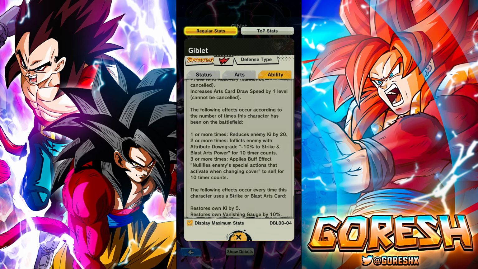Okay, so he wants to start on the battlefield is what you're telling me. Reduce enemy key by 20. 2 or more times inflicts enemy with attribute downgrade. Minus 10% of the strike and blast its power for 10 counts. And then 3 or more times he gets cover null for 10 counts. Wow. Okay, that's not a terrible condition. So what you do is you just lead with this guy, and then after you switch him